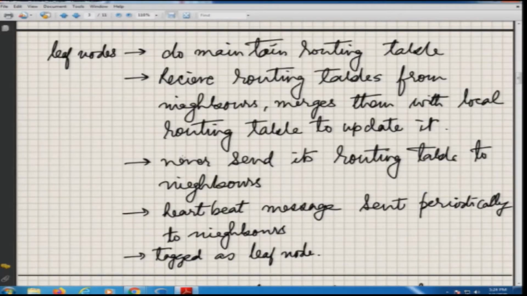I have to send him the routing tables. But when I know that he is alive, I am not supposed to consider that node's node ID for my routing table optimization. That is a trick which is used to maintain the leaf nodes and the core nodes. These are tagged as leaf nodes, and therefore they are never considered for updating the routing tables.